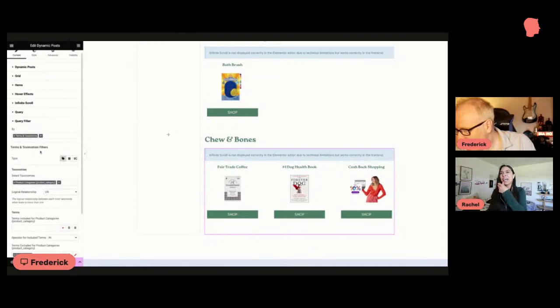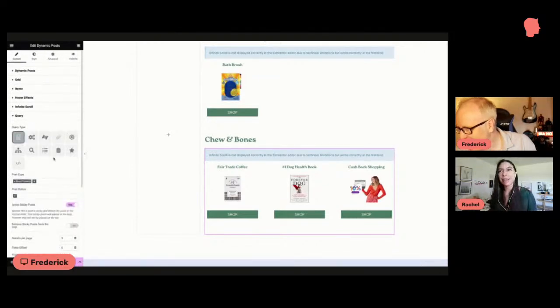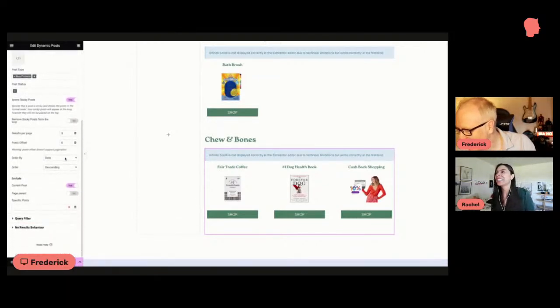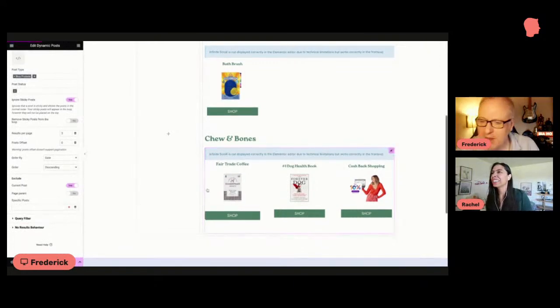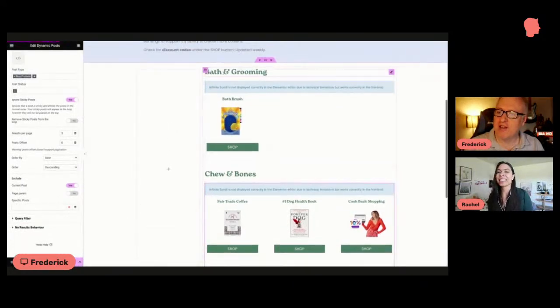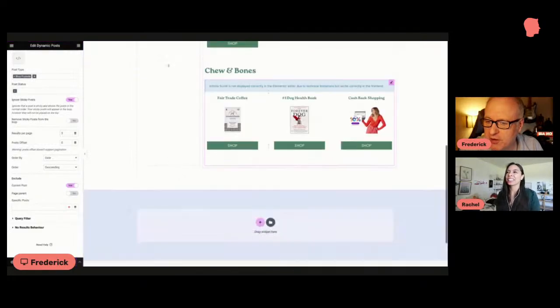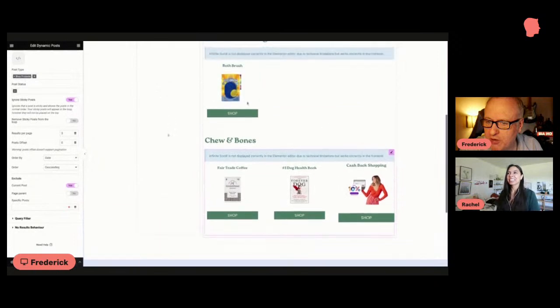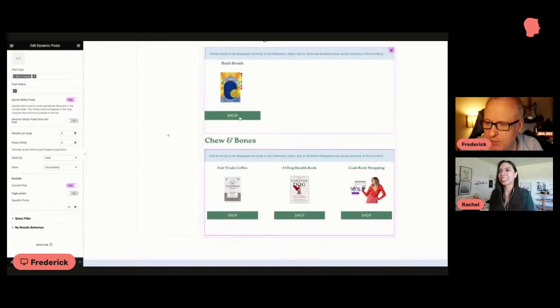Because that's going to be a teaser for next time. I don't want to spend 2 hours just trying to make it work, but it will work. So the idea is that you would have different sections there with the different categories, 3 products max, and sub